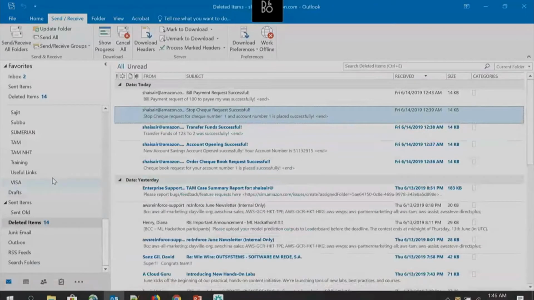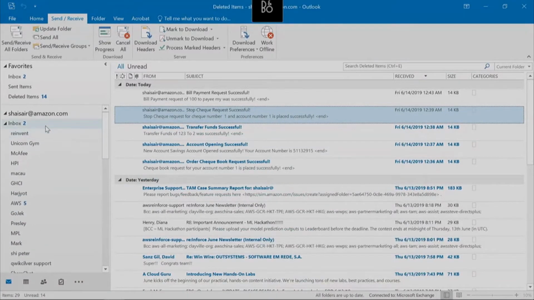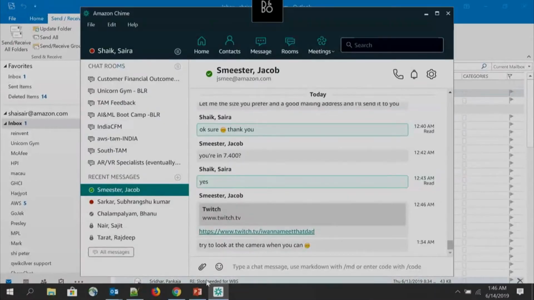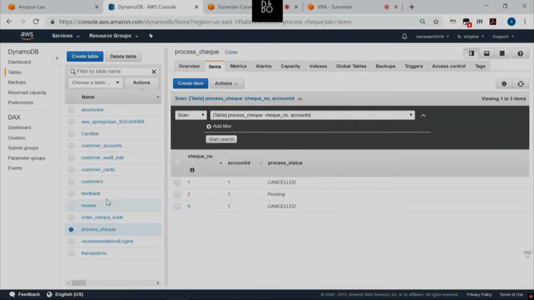So meanwhile, when it opened the account, I want to show you that it sent an account opening email, and there would have been an entry created in the database accounts table. So you can see this is the account number and customer ID. And one of the things that people were commenting on is, when you entered your password, people were entering some funny comments in the chat room. But of course, this is not a real account. You are simulating this by using DynamoDB as the database to hold all this information.